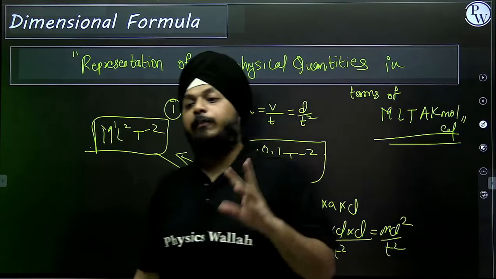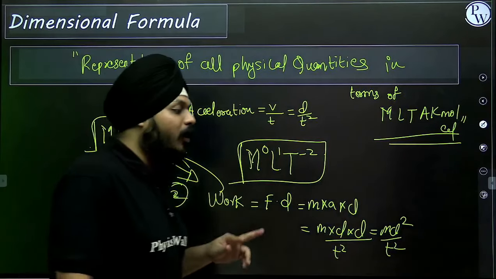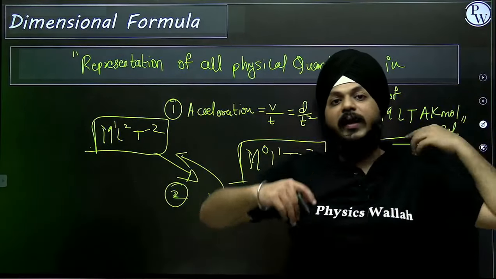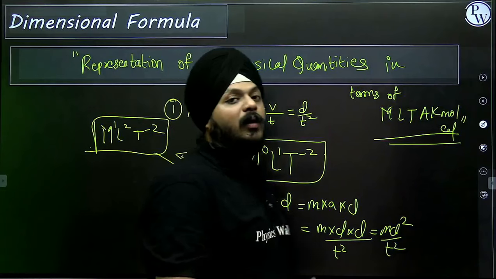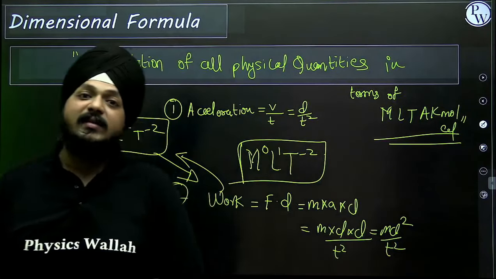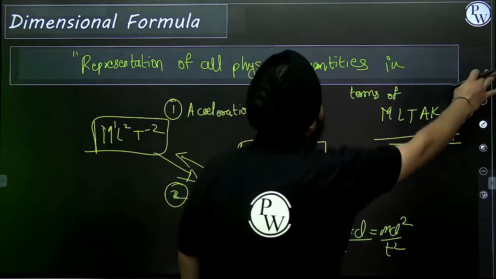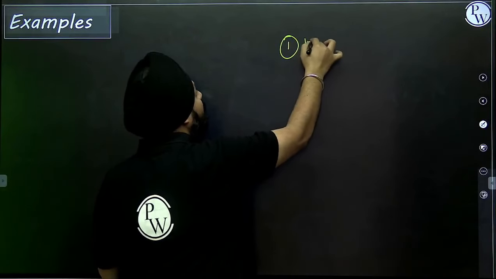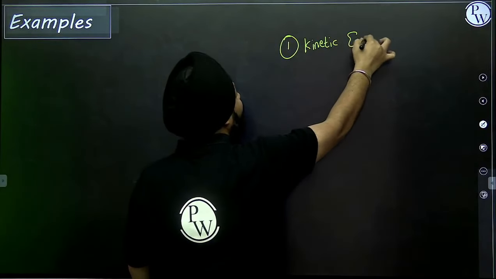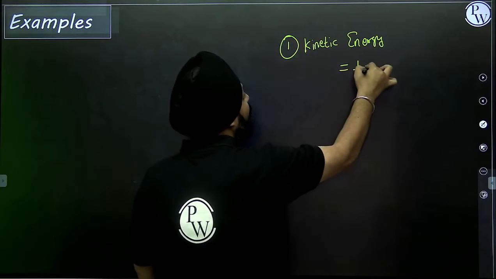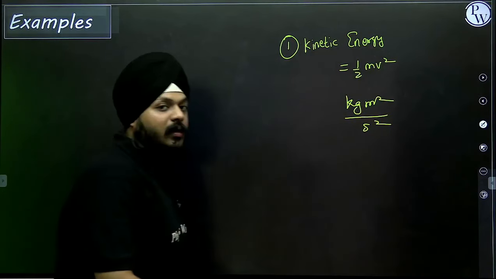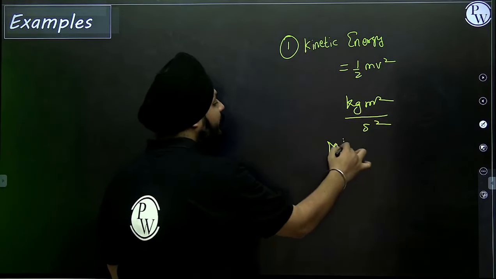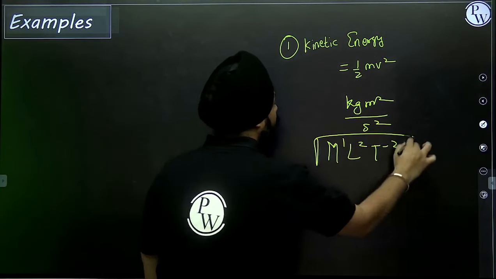So students at this point have one complex view: how to remember all of those dimensional formulas? It is quite difficult for us. So in that case, I'm going to tell you all in front, rather than remember all of those stuff, just remember the units. Let us take an example. If I'm talking about the kinetic energy, obviously it is equal to half mv square. What is the unit? Can I say it is kg meter square per second square? Using this unit, I'm going to represent the dimensional formula M1 L2 T minus 2.